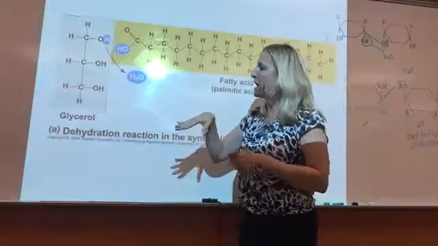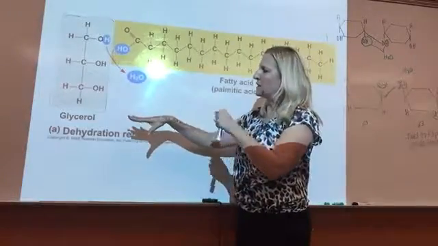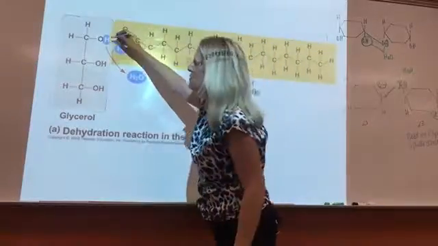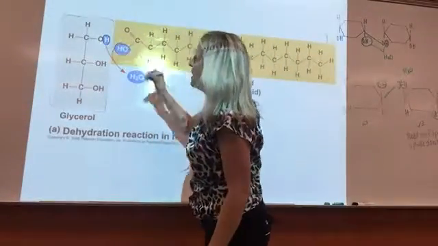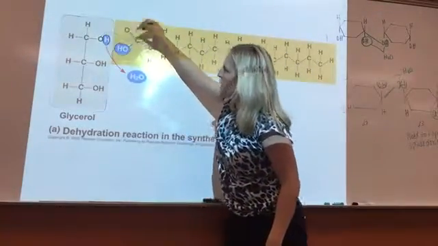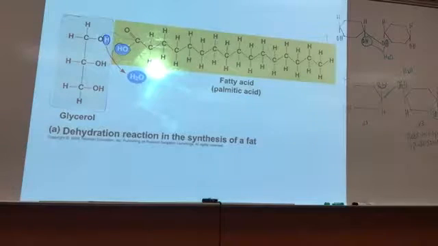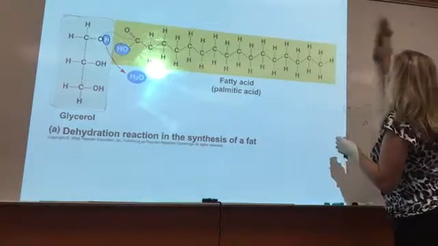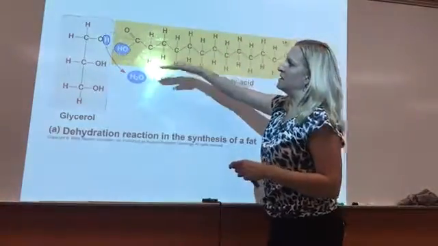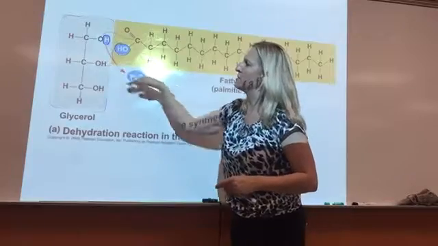So how we make a molecule of fat by hooking a glycerol to the fatty acid is by dehydration. So notice here, the hydrogen in the hydroxyl group comes off, water is formed, and now this oxygen binds to this carbon, and we lose 1 water molecule. Now, to make a full fat molecule, a fatty acid hooks onto each